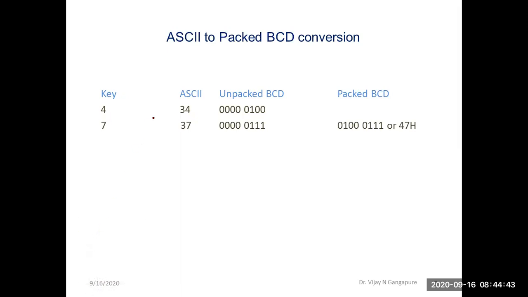So the keys are 4 and 7. Key 4 has ASCII code 34, and key number 7 has ASCII code 37. So its unpacked BCD conversion is, for key number 4,